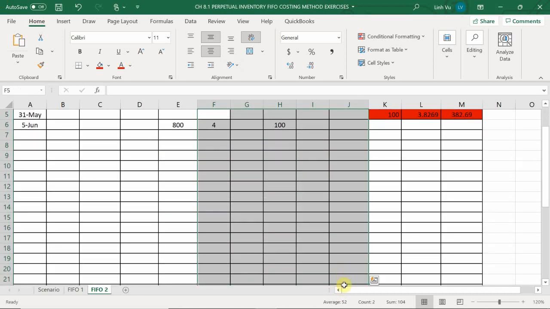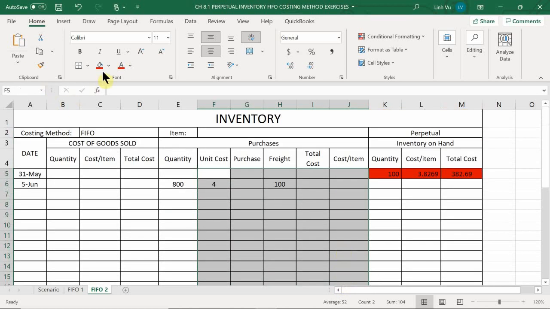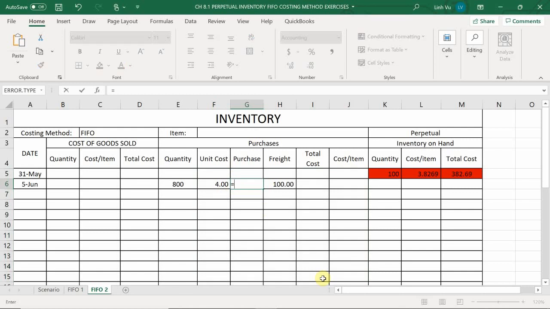In this case, what is going to be my total purchases? $3,200. $3,200 plus $100 gives me a total cost of $3,300, which then gives me a cost per item to be